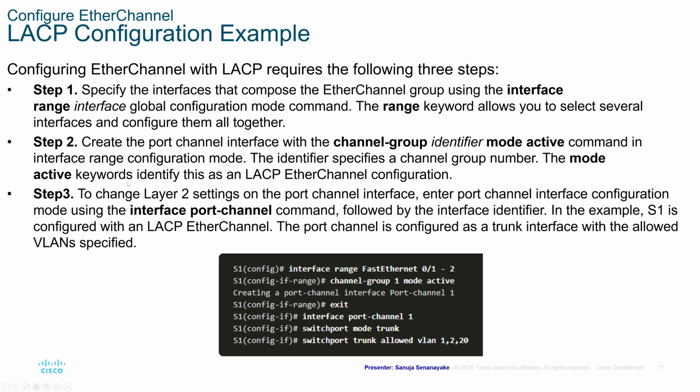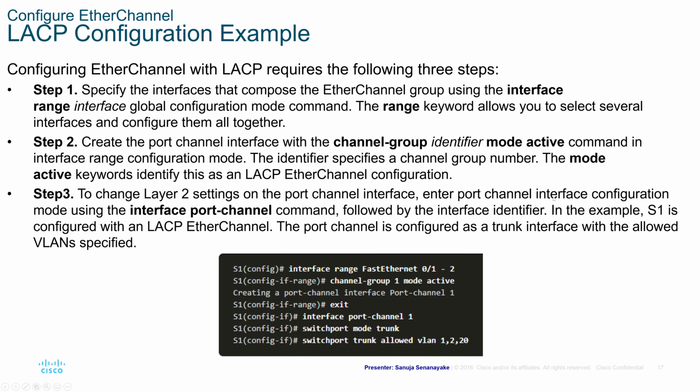The mode active keywords identify this as an LACP EtherChannel configuration. So we're going to do channel-group and we're going to give it a number. In this case, it's number 1 we're going to use, and we're going to put the mode into active. And the next step is to change the layer 2 settings on the port channel interface